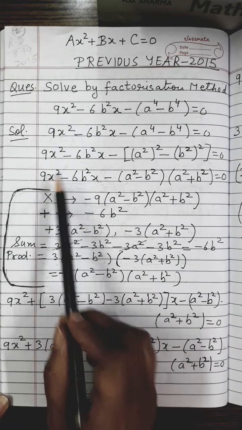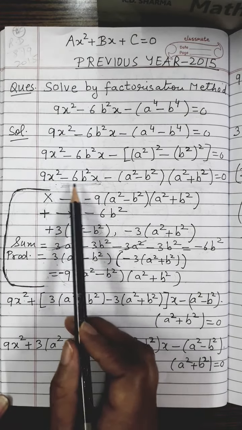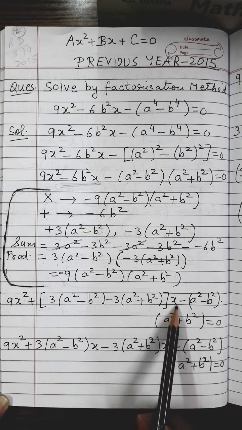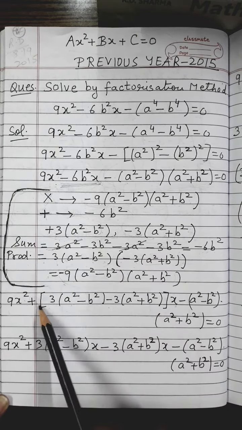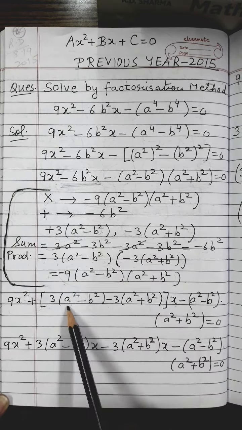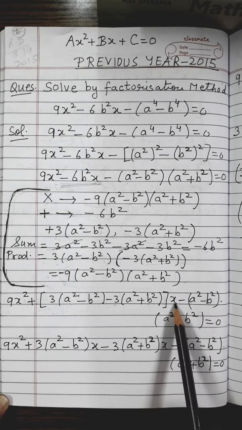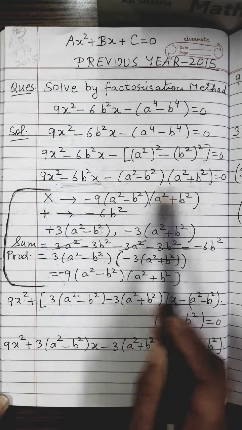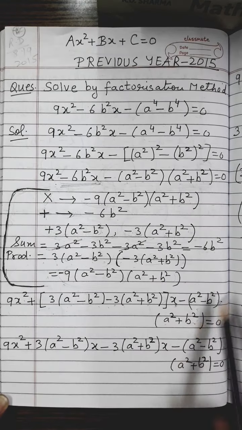So pick up this equation, 9x square. Now this middle term I will have to break in what way? I will write plus. And what are the two terms in which this minus 6b square will be broken up? It will be with the help of this term and this term. So I will write it this way: 3a square minus b square minus 3a square plus b square big bracket, and this x will be like this, right? And these two terms, a square minus b square into a square plus b square, as it is, equals to